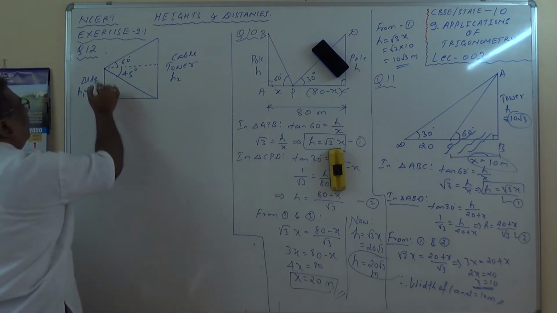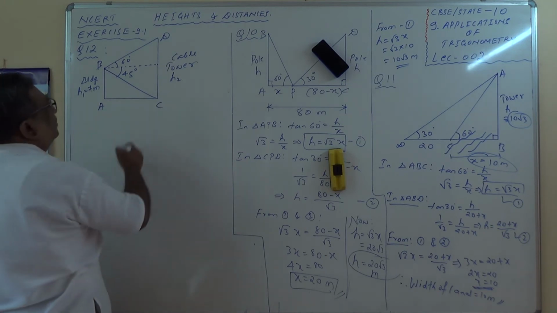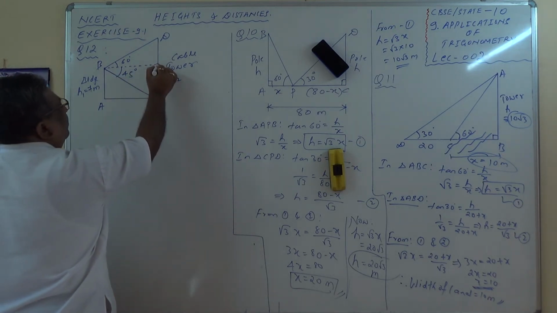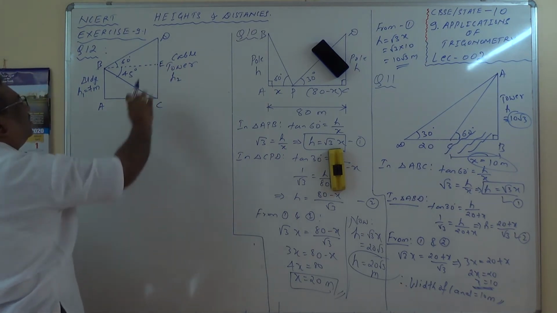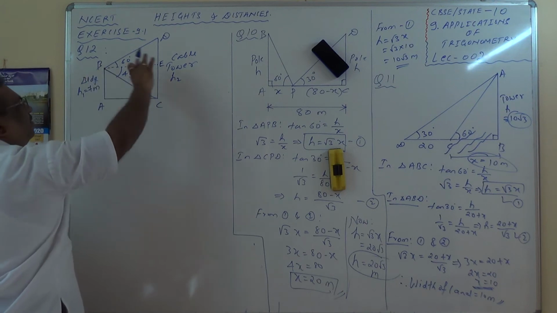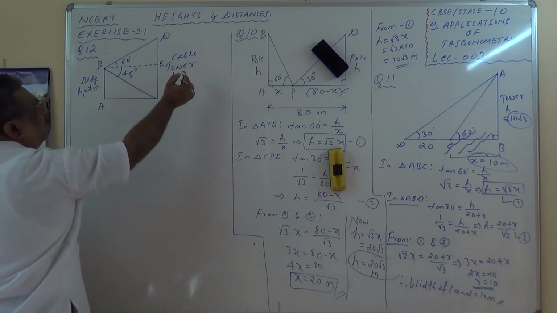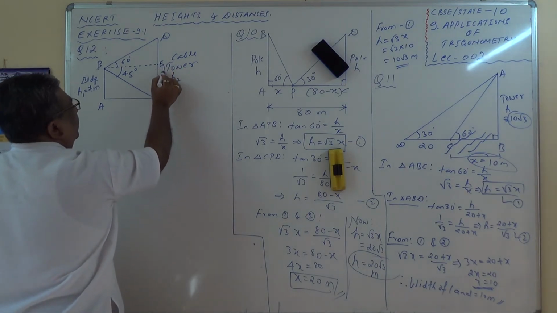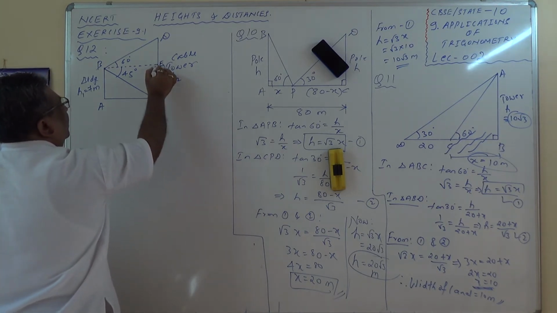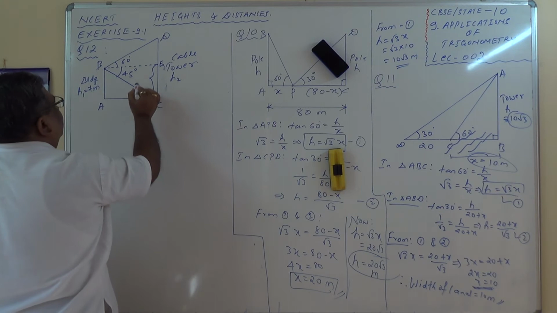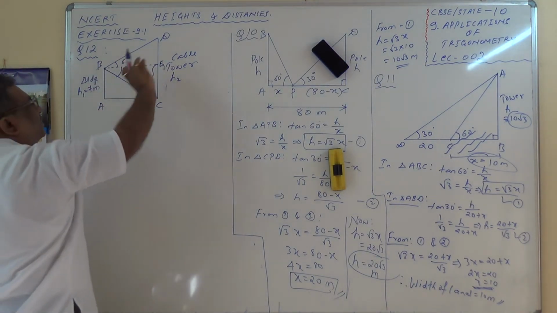So AB is a building, CD is the height of the tower, and one more point is to be marked here, E, I'll mark it. Now how to find out? Can we know this here? AB equals EC. I hope you can understand, or if there is confusion here, I'll mark this side. This is also 7 meter because AB is 7.